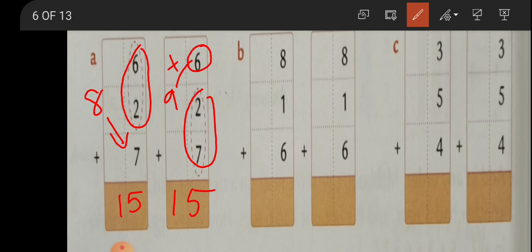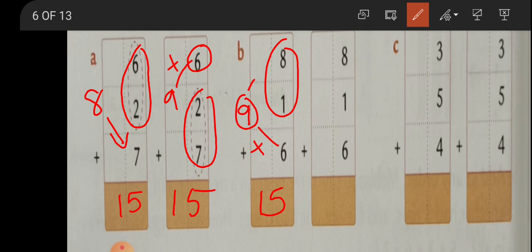Okay. Now first you will do 8 plus 1. When you add 1 to a number, you get the number after it. This is 9. Now 9 and 6 you add up. 9 in mind, 6 fingers up: 9, 10, 11, 12, 13, 14, 15. Here you get 15. Similarly here also. Now you add up 6 plus 1. 6 plus 1 is 7. This 7 you add up with 8. Okay, 7 in mind, 8 fingers up: 7, 8, 9, 10, 11, 12, 13, 14, 15. So here you get 15.